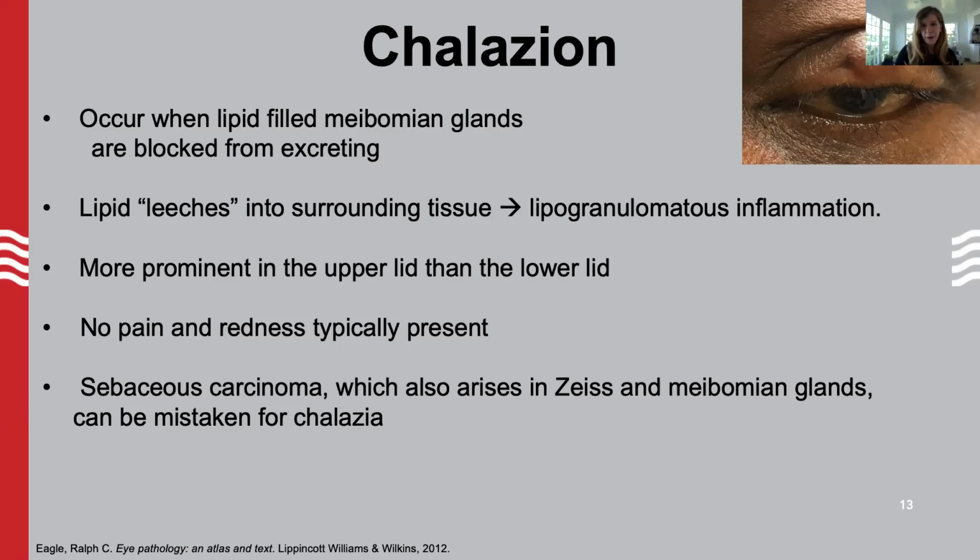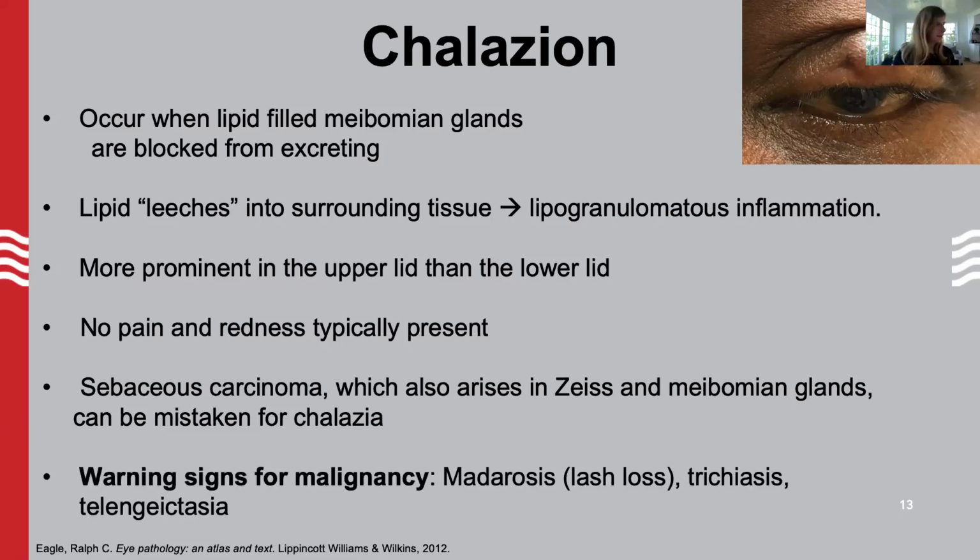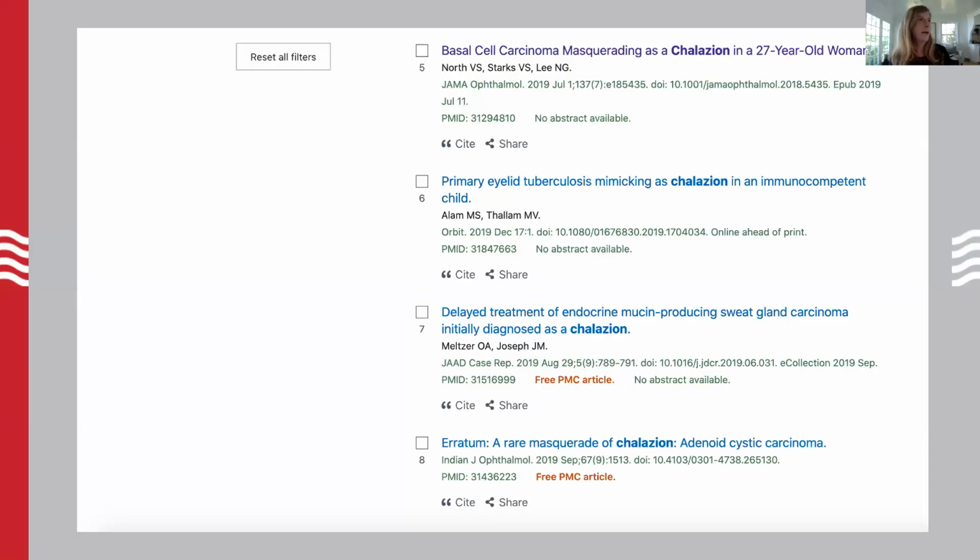In fact, when I wanted to teach you all something new about chalazia, I did a PubMed search to see if there's any new treatments or anything like that. And what I found was not really new treatments. People are sticking with those old-fashioned treatments. But I did find that the most often things published about chalazia in the last year are these other tumors masquerading as chalazia. So the first one is a basal cell